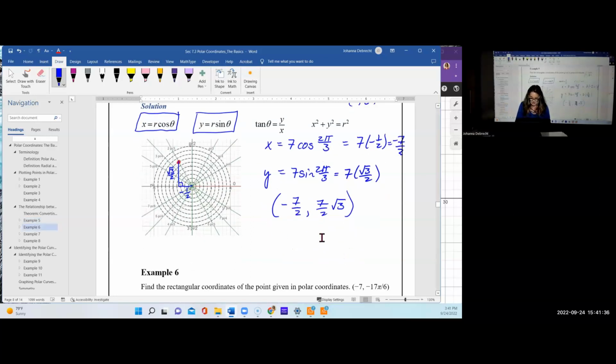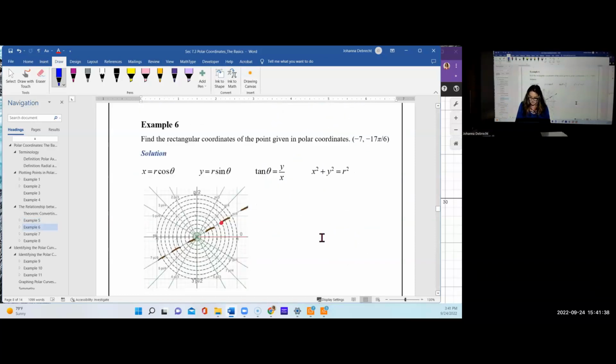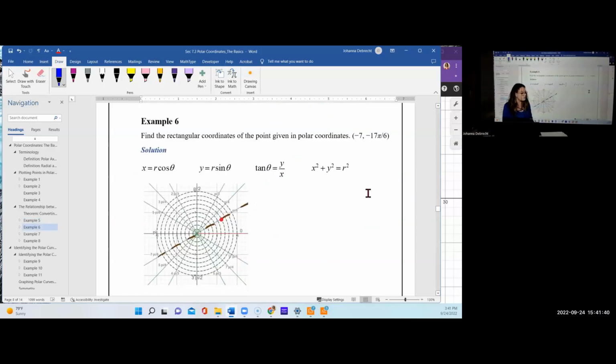Let's take a look now at the next one. This is, we want to again find the rectangular coordinates for a point in polar coordinates. This time our point is -7, -17 pi over 6. Now, you're going to have to do a little work on -17 pi over 6 in order to know where